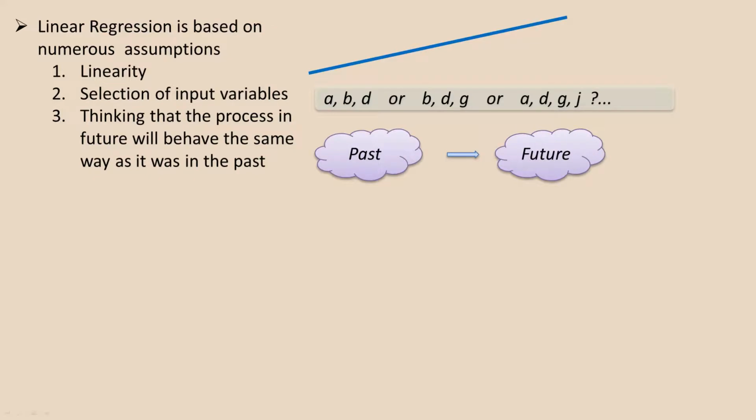And another assumption we are making in a prediction model is that if our system behaved a certain way in the past, it will behave the same way in the future. Sometimes this assumption could be correct, sometimes it's not correct. Let's think, for example, that we are modeling some kind of physical process or some kind of technical problem. In this case, it probably always behaves the same way, and we can make this assumption.